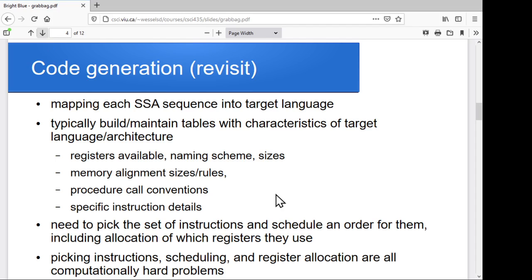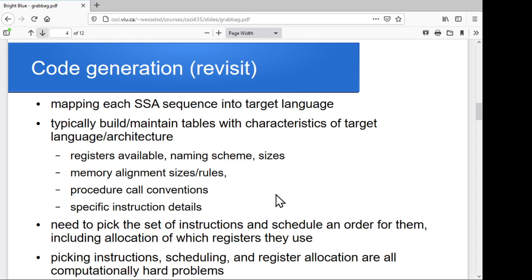Once we go through all this, we still have issues that we haven't really addressed from the code generation side. Again, say we've got a single static assignment form for our representation, and we're trying to transform that into our target language. And maybe we've gone through and dealt with resolving conflicting variable names and that sort of thing. So we've got all of that resolved, but we still have to transform this into our target language. So typically, you've got an entire infrastructure there to support the individual translation steps that you're